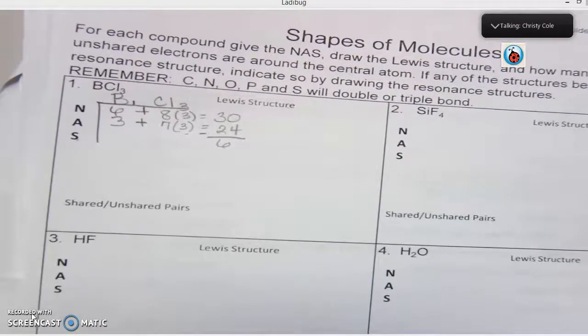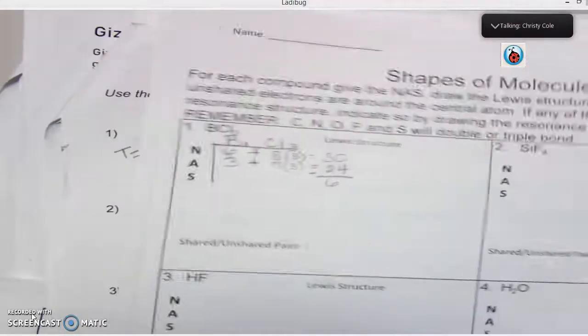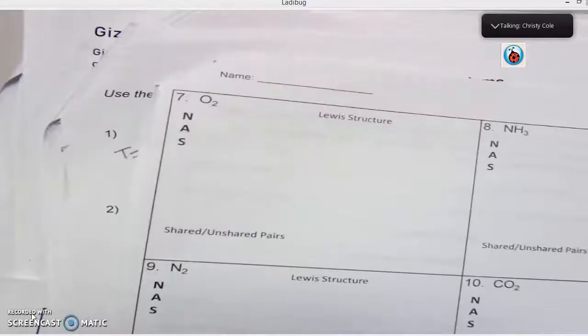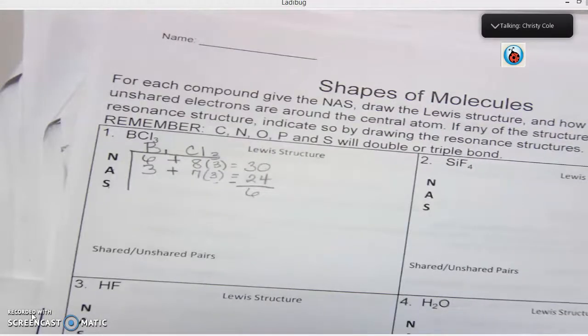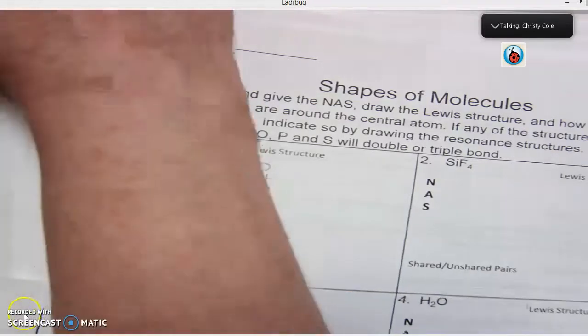All right, so your job right now is to do the NAS for each one of our molecular structures here on this page and on the next page. Do all your NAS and then come to me and I will check it for you before we continue drawing structures. If you have any questions,